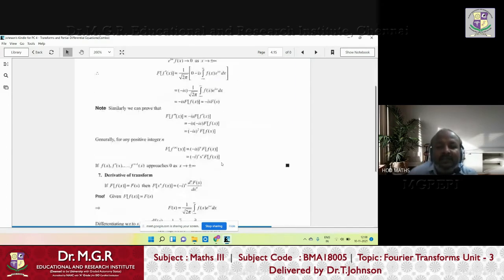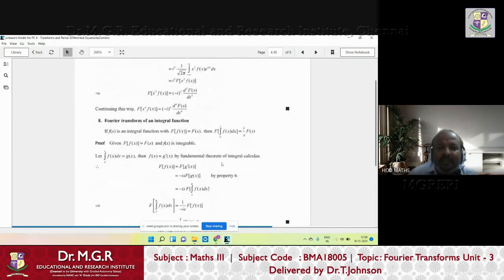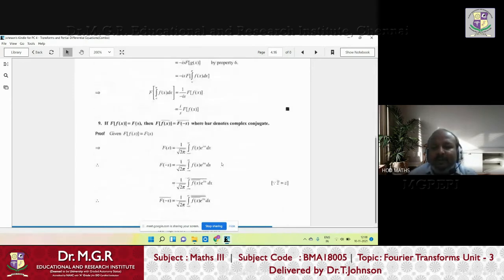So here the proof is very simple. As far as proofs are concerned, they are very simple, right? You just understand and apply it, and you'll get it. So by definition, f of s can be written like this. That's the definition of the Fourier transform. Then you put minus s, so put minus here. Then if you put minus s, here also that s becomes minus s. Here they didn't put it, but here it becomes minus s, right? And then they apply the conjugate two times.